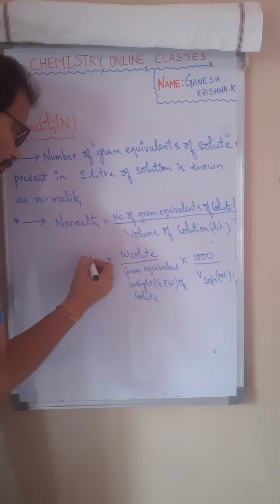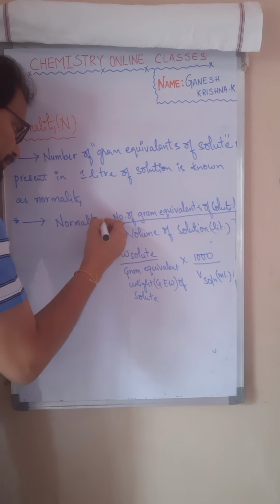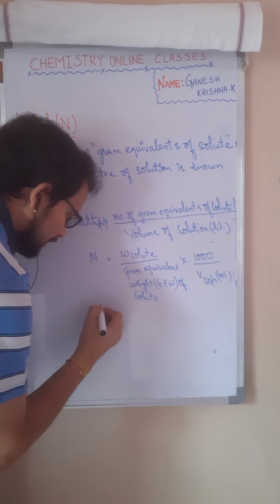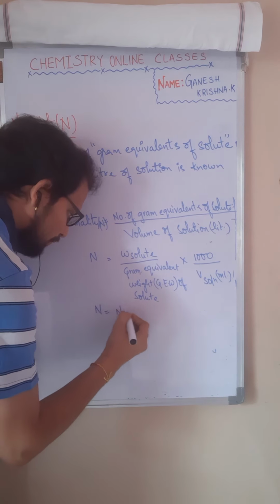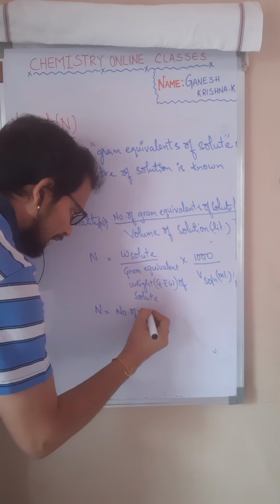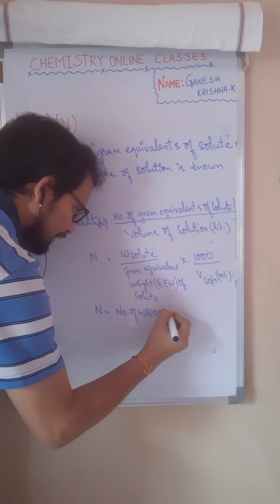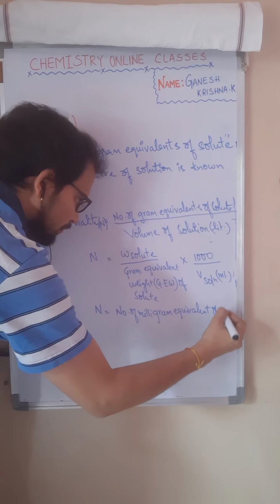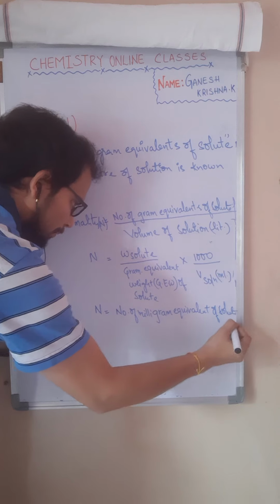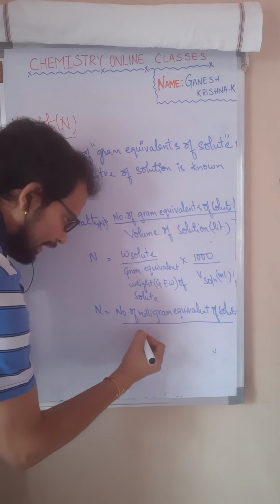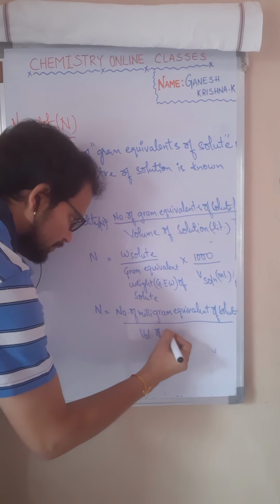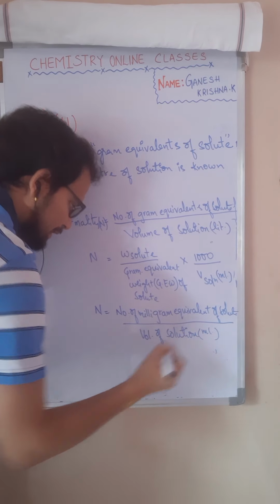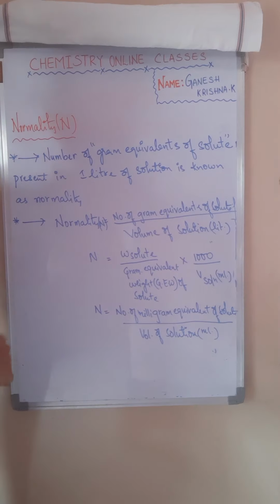Okay, even normality can be written like this, and normality is represented with capital N. Here the normality formula can also be written as the number of milligram equivalents of solute by volume of solution measured in milliliters, which also gives us normality. Okay, so